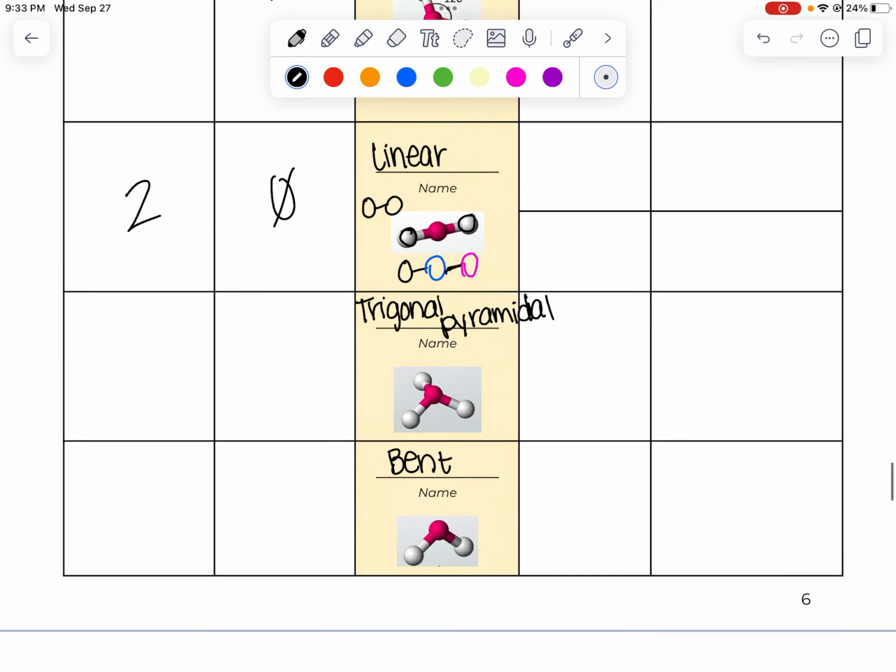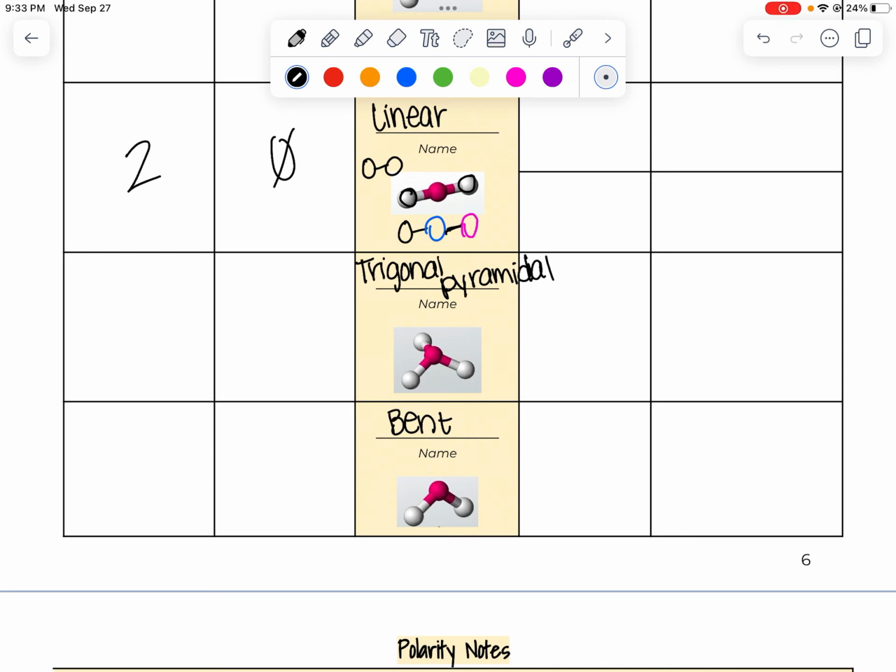The next example was trigonal pyramidal. For trigonal pyramidals, what you should have seen was there were 3 atoms attached with 1 lone pair on the central atom. What that did was essentially push the central atom up away from the other ones, right? That's because of the lone pair that's on that central atom. Above your central atom, you have this lone pair of electrons, and that lone pair carries a negative charge, so it's pushing those other atoms away from it. It's repelling those other atoms